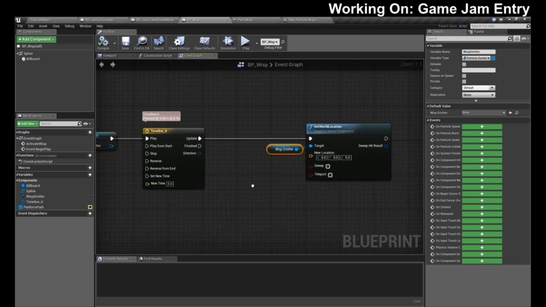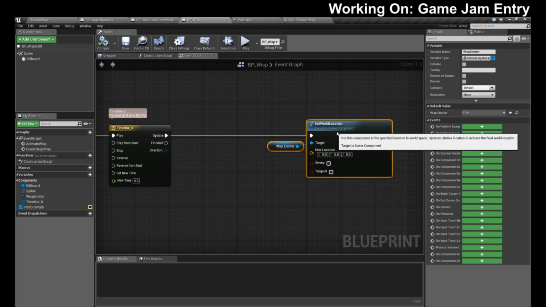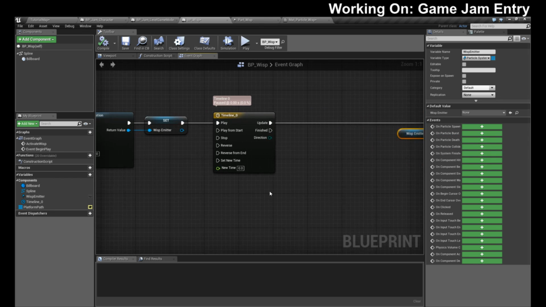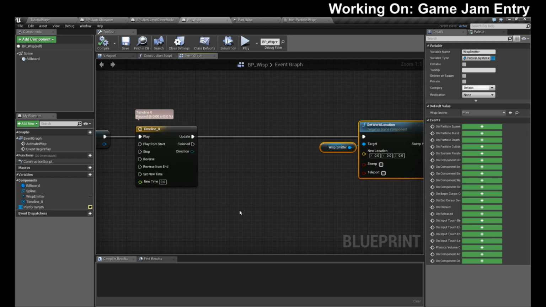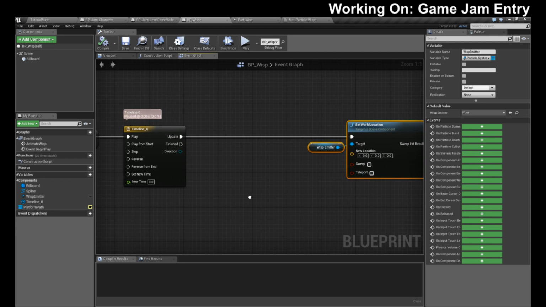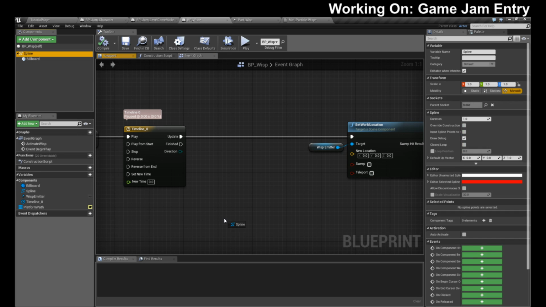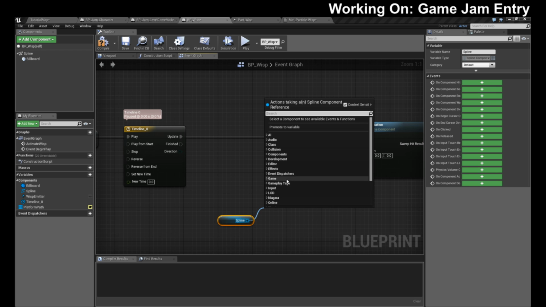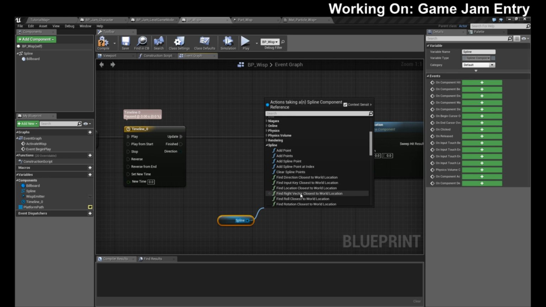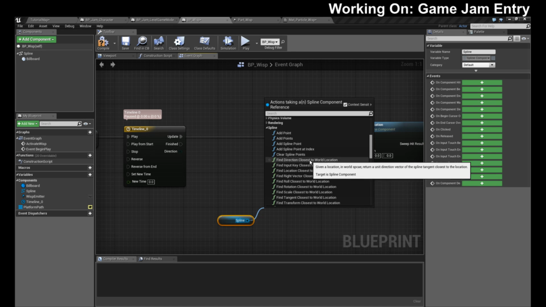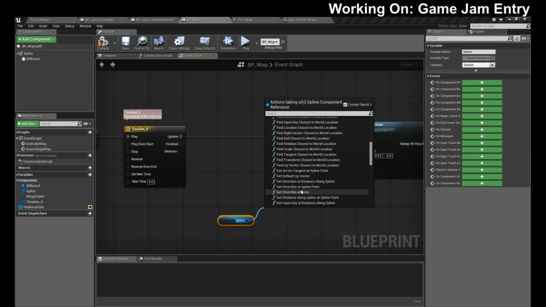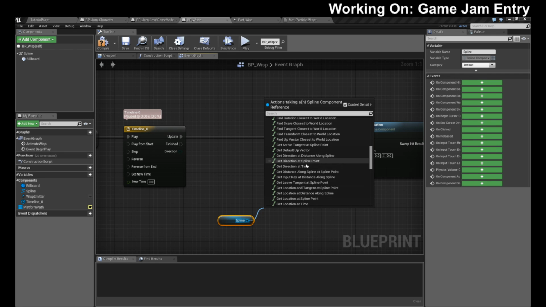Like right now, I need to drive this timeline based on the current points. Where is my spline? Okay, so this is it, right? I thought there was a way to get, yeah, here we go, a distance.